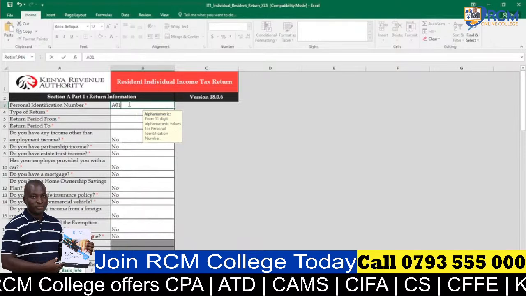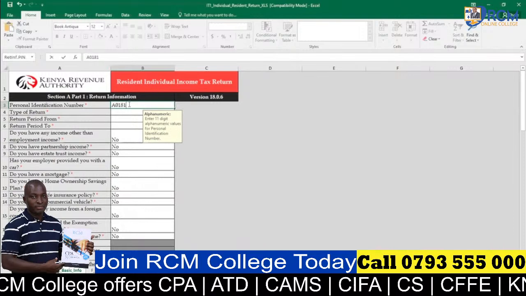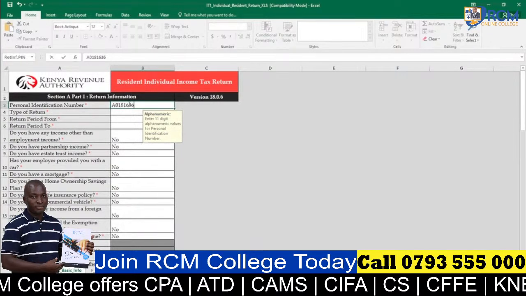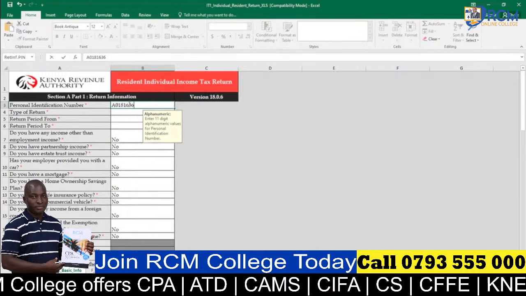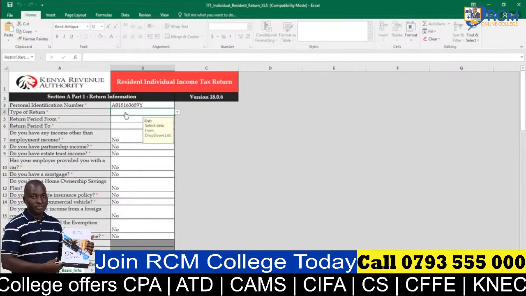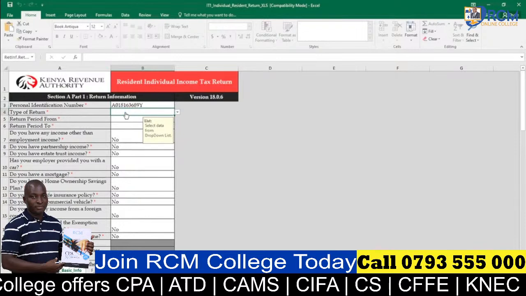A0181 636 636 636 89Y. That is the PIN for Janet Mungai. Then proceed to row